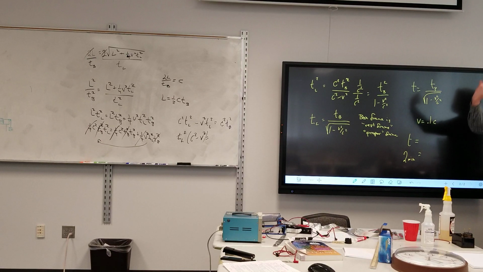How much time has passed for you in the car going at 10% the speed of light? Well, that will be TP over the square root of 1 minus 0.1 squared. So the proper time, you in the car, it's going to be 2 minutes times the square root of 0.99,